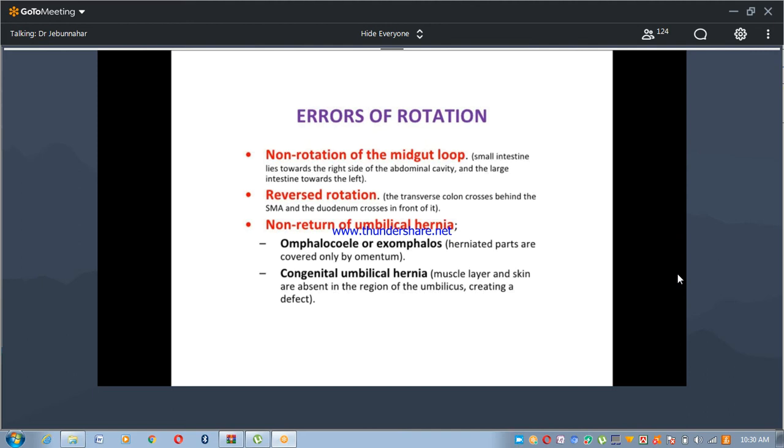Non-return of the umbilical hernia, what we saw in the figures: during 90-degree and counterclockwise rotation, when the abdominal cavity expands, the herniated portion of the GIT returns to the abdominal cavity. But if there is non-return of the umbilical hernia,